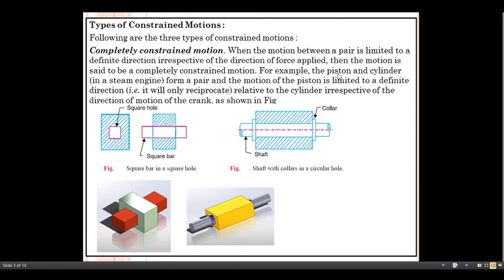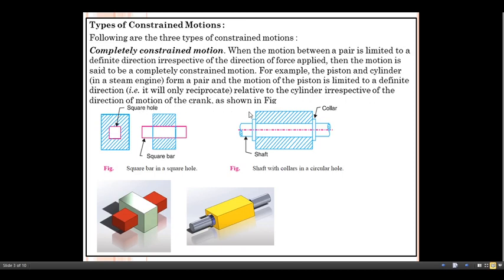For example, the piston and cylinder in a steam engine form a pair and the motion of the piston is limited to a definite direction. That is, it will only reciprocate relative to the cylinder irrespective of the direction of motion of